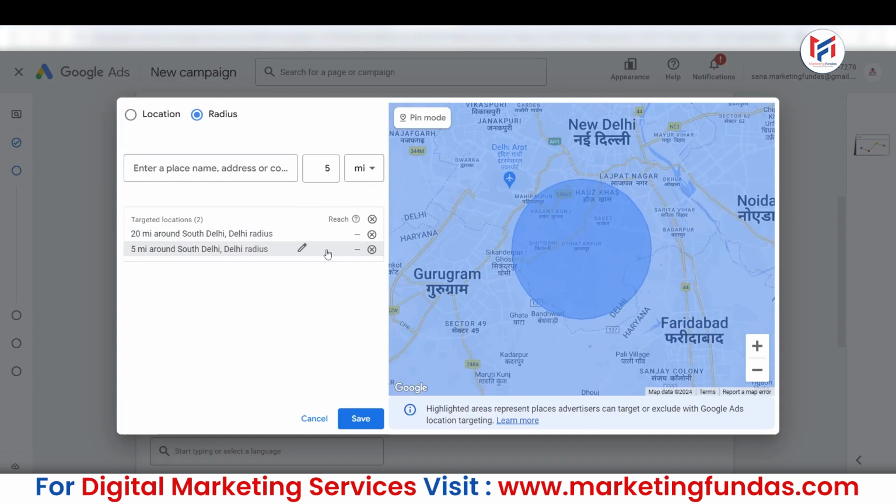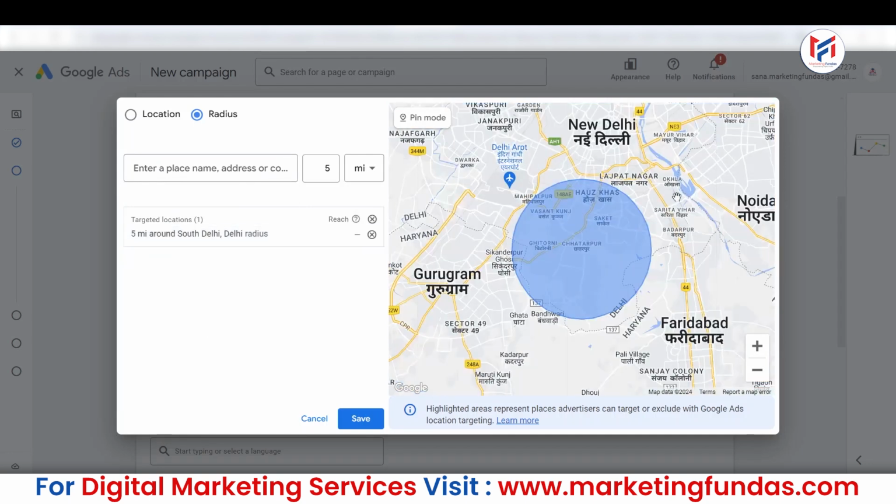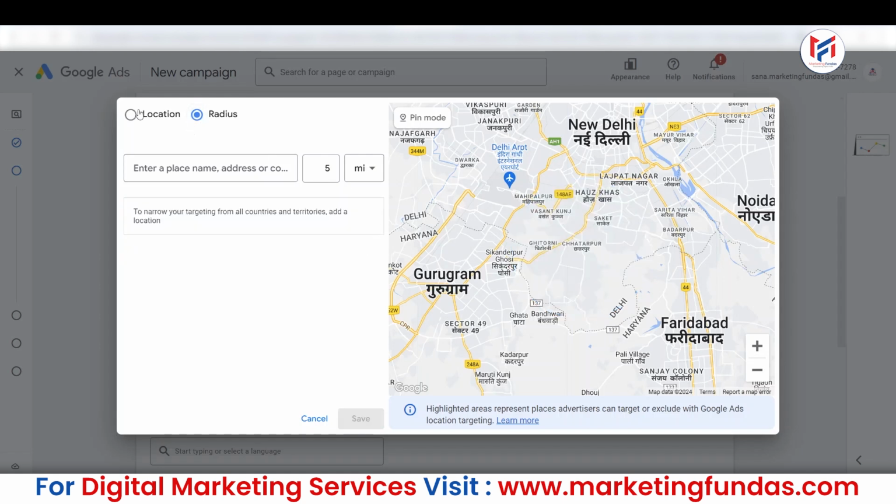Now I can remove the 20-mile one, and this is what I am targeting right now, right? Only South Delhi, and the radius of 5 miles only. So this is how you can target on a radius basis,